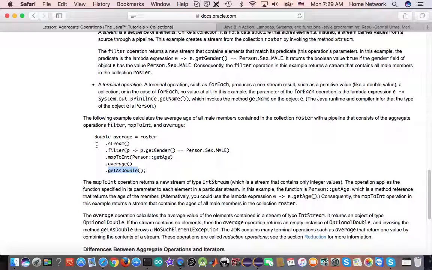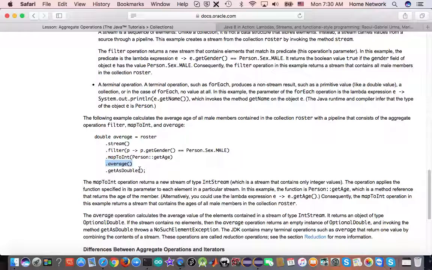Here it's the same thing. In Java 8, we get a stream. These are the elements we want to deal with. And this is like a where clause. We want to filter them. After that, this is like a MySQL function. We map our result to another type. Finally, we have